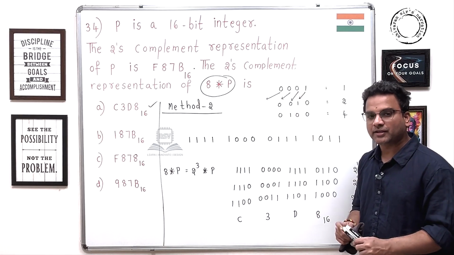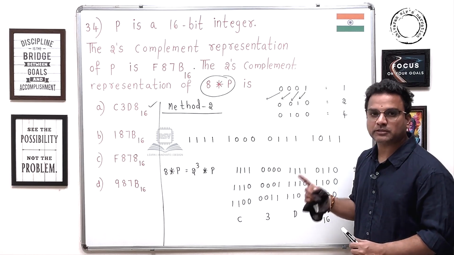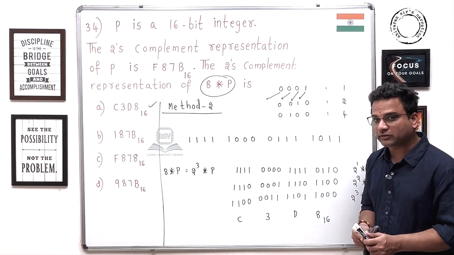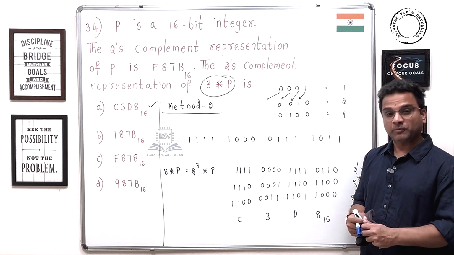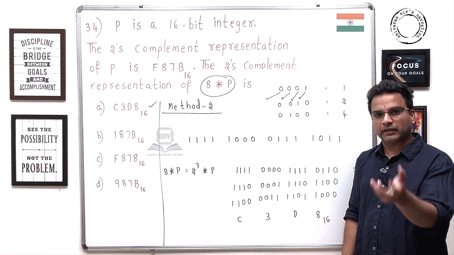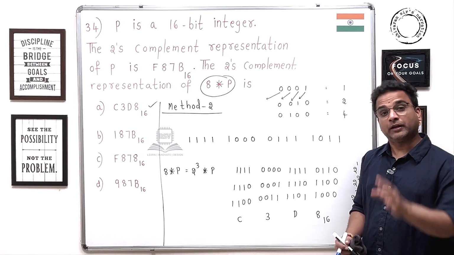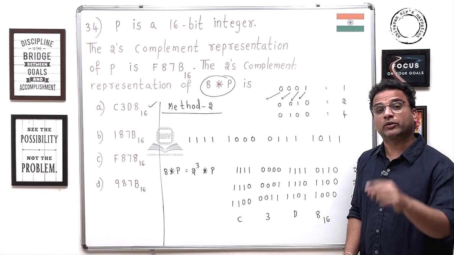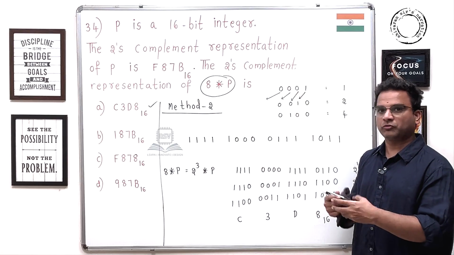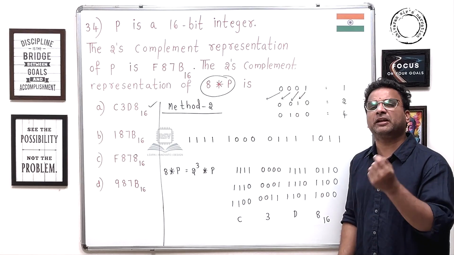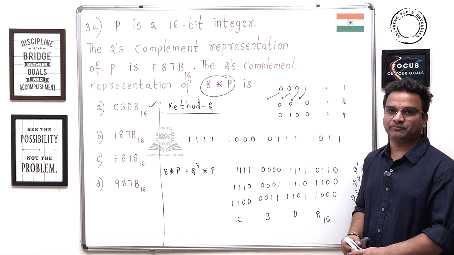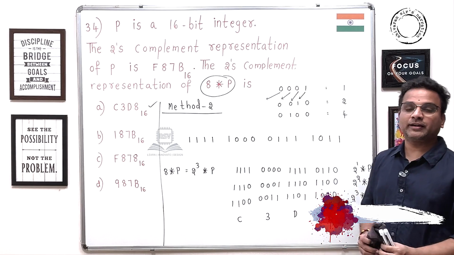In this way guys, we can complete this particular question in a fraction of seconds. You need to know this hack definitely, because in off-campus placements they conduct some hiring tests. In that test paper, you can definitely expect these kinds of questions. It may look huge, but it requires very little time if you know the tricks to solve them, right? So this is what I wanted to cover regarding the 2's complement